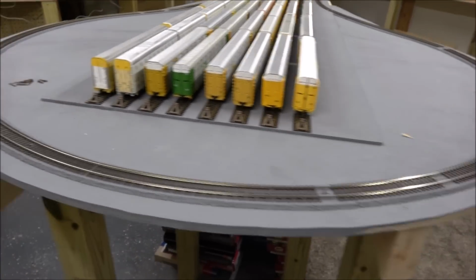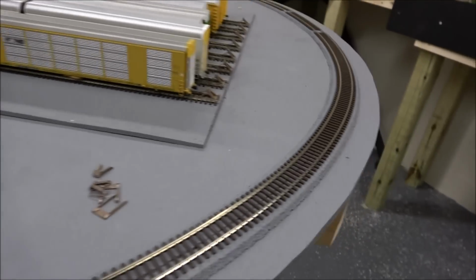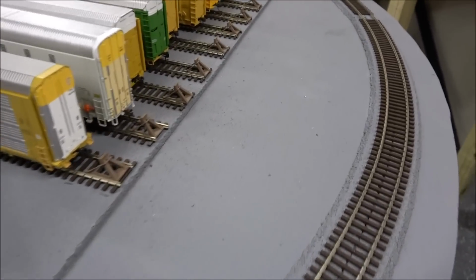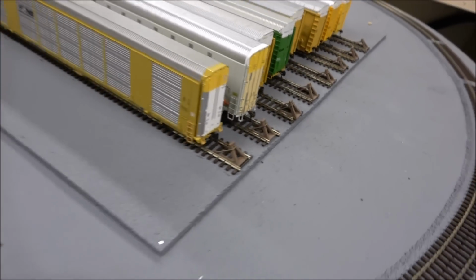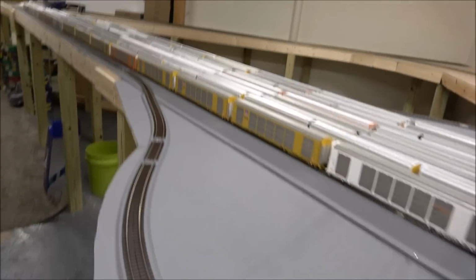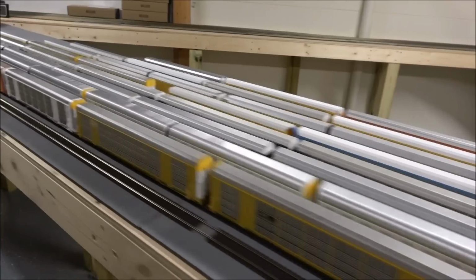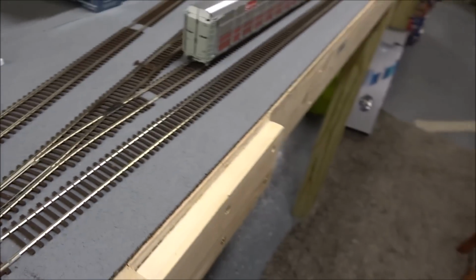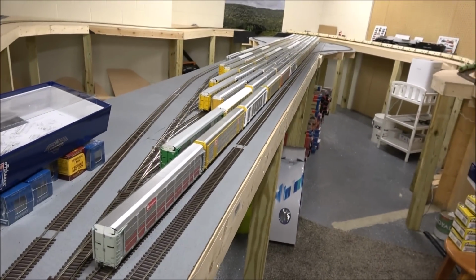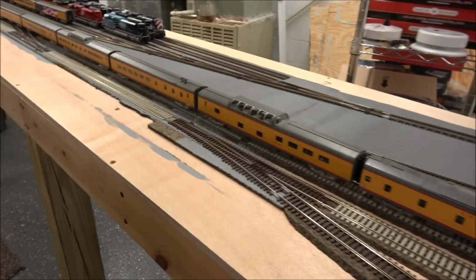All of that is laid, again painted gray for easier ballast. And you can see I've got all those Walthers Hayes bumpers installed there, and a bunch of auto racks just out here already. There's some boxes laying around here, so sorry about that, but the lead into the track is right here. It's a bit messy, and it just connects to the main line over here